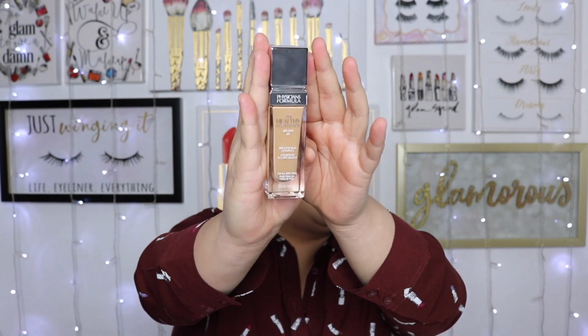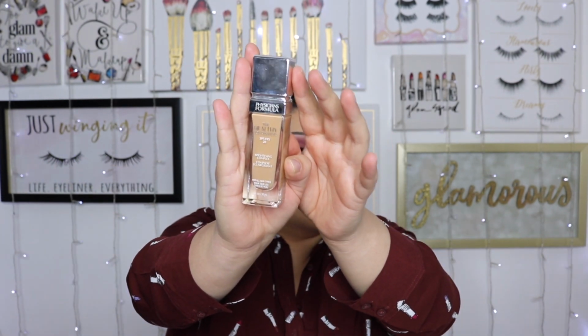I only have 2 foundations because I feel like these are the top foundations that deserve a spot in this list. These 2 are like my holy grails. One is drugstore and one is high-end. The drugstore one is the Physicians Formula, the Healthy Skin. And this one has SPF 20, and it is for all skin types, and